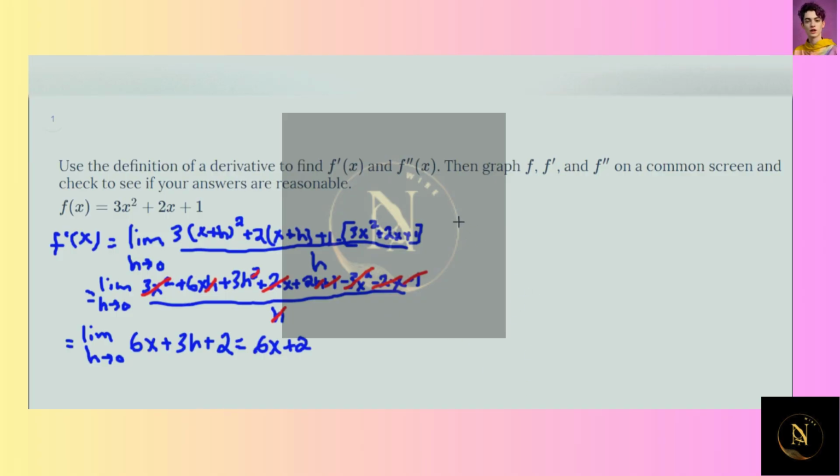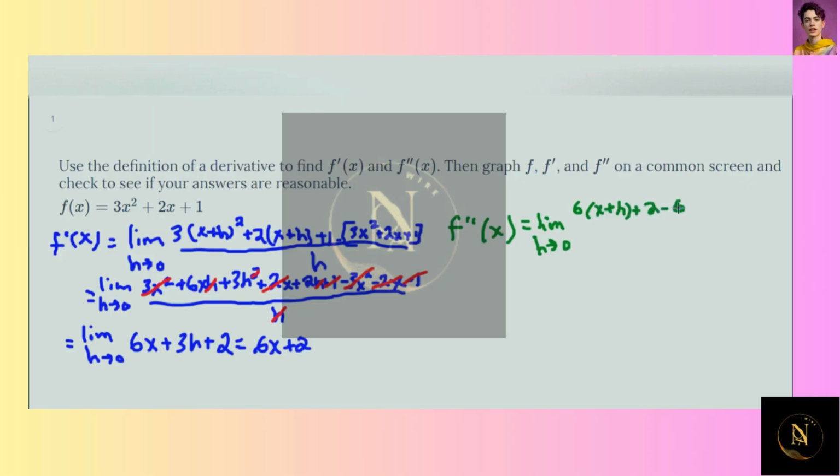Let's do the same for the next derivative. So we're doing f double prime of x, and we're using this function now, the resultant derivative, as the function to evaluate this limit with. The limit as h approaches 0, we're going to do the same steps again, just with the new function. The function is 6x plus 2, and we're going to plug in x plus h here,